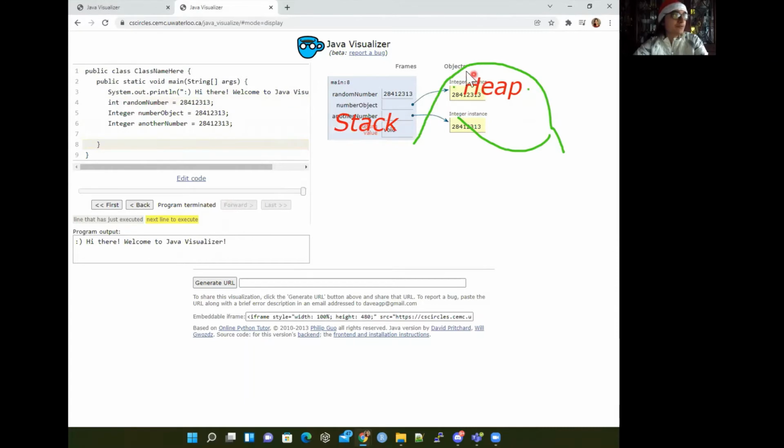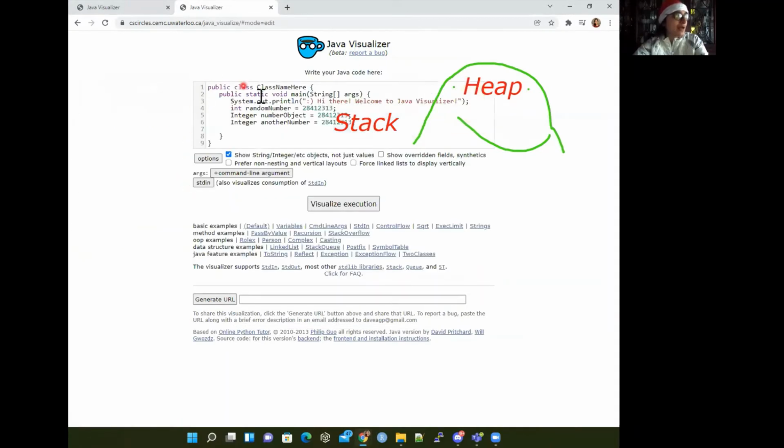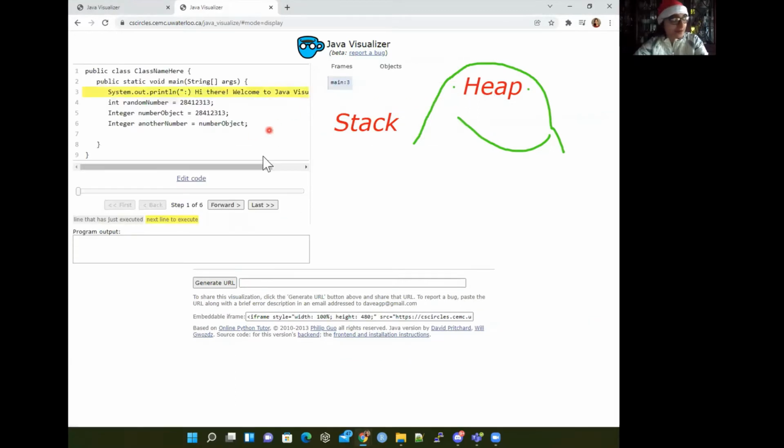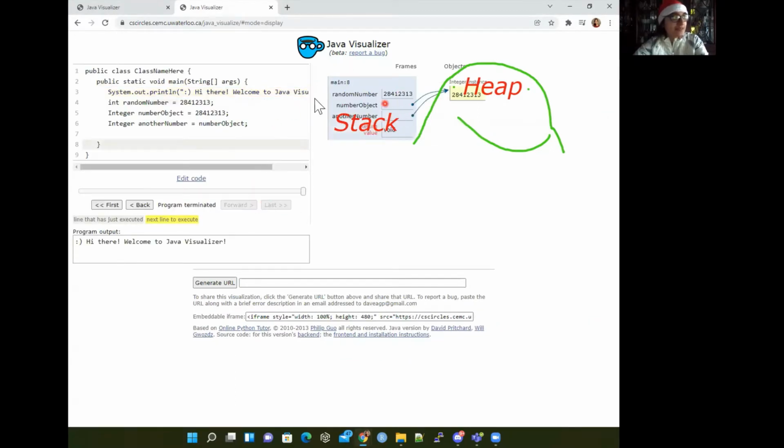So they point to different integer instances here. So an integer, a number object, points here, and another number points here, and then random number is on the stack. But what would happen if instead you said that another number equals number object? If you just gave it the same value, what you would see happens is that these two are the same,